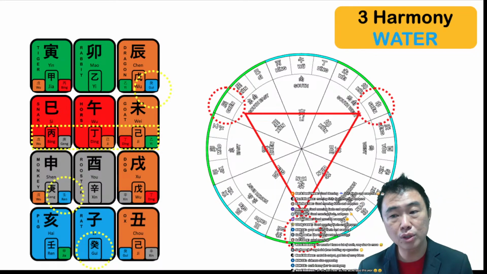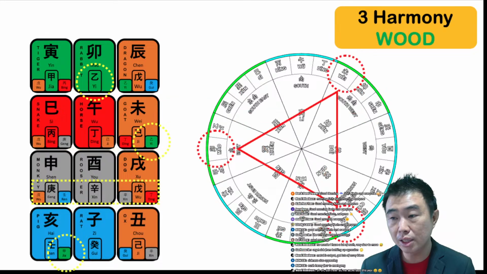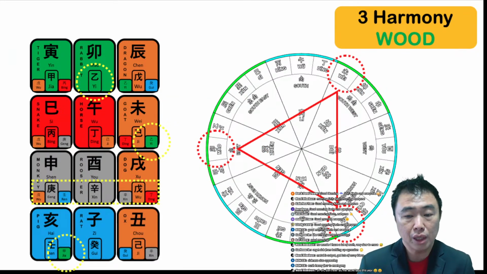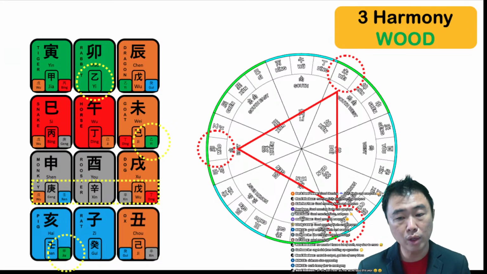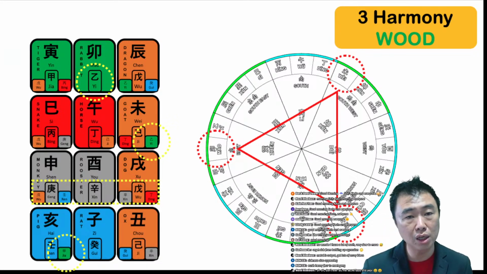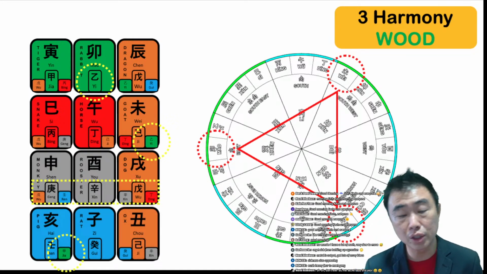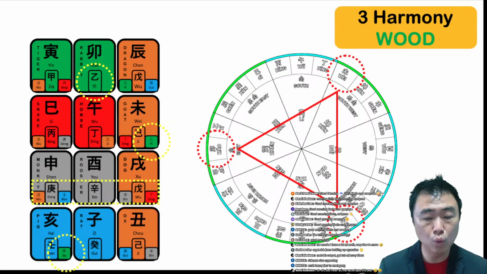So you can see, this one is basically a tree harmony. The last tree harmony is the wood tree harmony, so no different. Wood begins at the peak, where the wood begins. So in autumn, where the monkey, rooster, and dog are, there is no wood inside at all. Completely no wood inside.